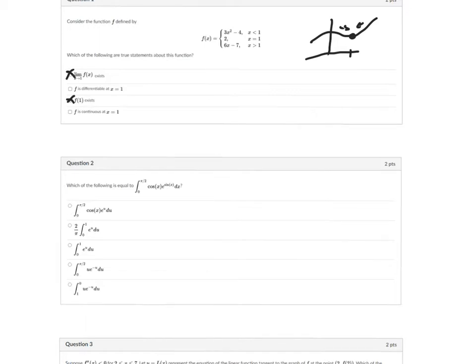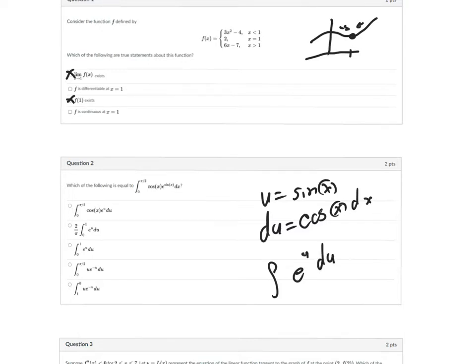For number 2, we are looking at an integral, and they want to know what is equal to that integral. This is a u substitution question, and the obvious substitution is to say u is equal to sine of x. That means that du is equal to cosine of x dx. Whenever we replace these substitutions into our integral, what we're given is the integral of just e to the u du. Okay, and another thing that we need to watch out for is we're not done yet because